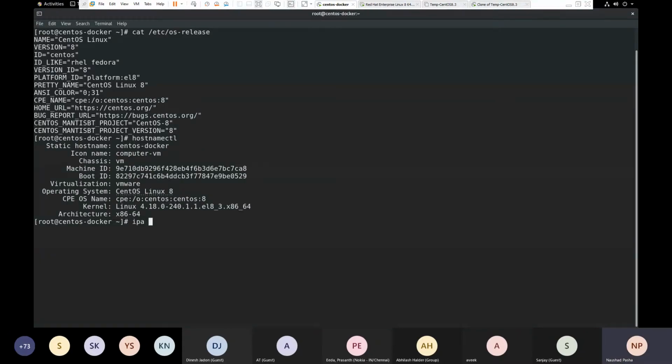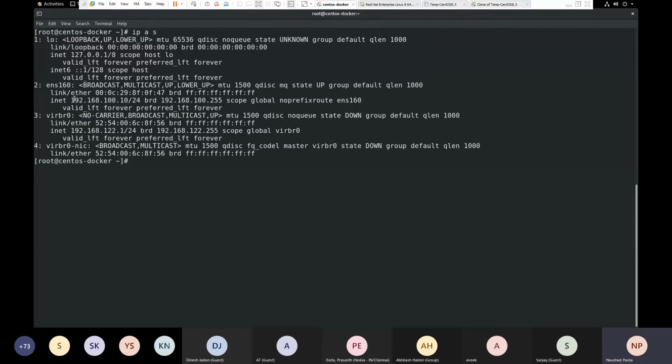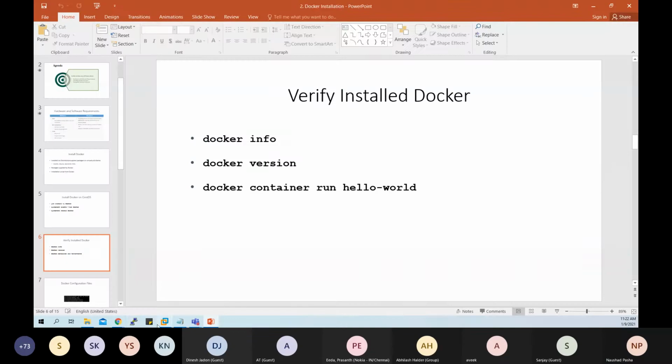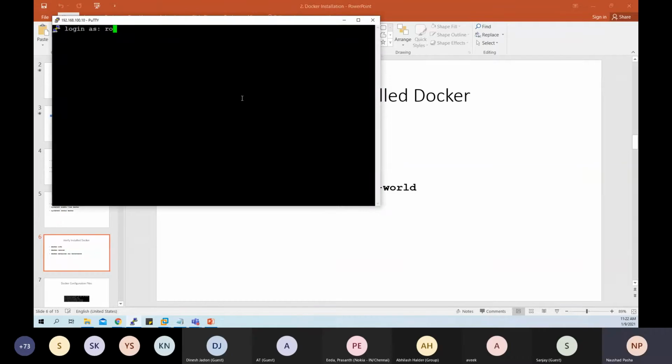So it has an IP address 192.168.100.10. I'm going to connect to that using PuTTY software. I'll connect as root.